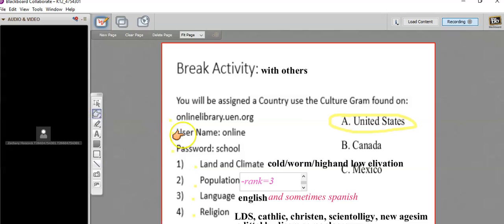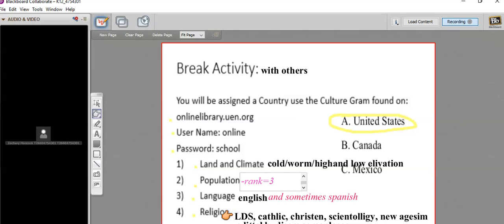So on number one, this is what they put, they were the United States, okay? So a couple things they put: cold, warm, highlands, low elevations, okay? Population rank is number 3, so there's a lot of people in the United States. That is very true. Main language is English, and there's some Spanish, and there's a lot of other ones in there.